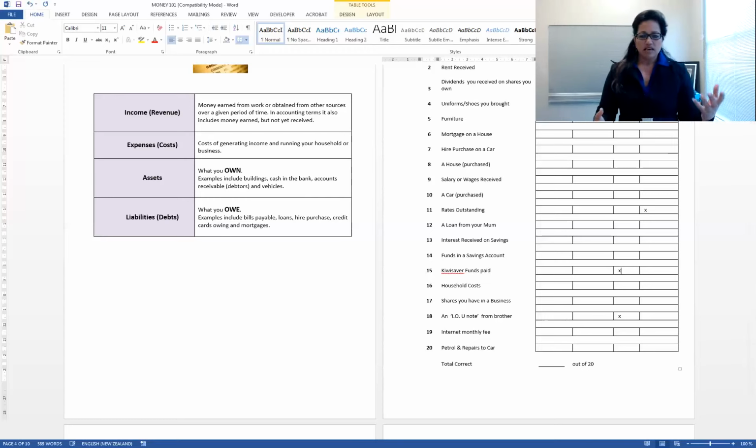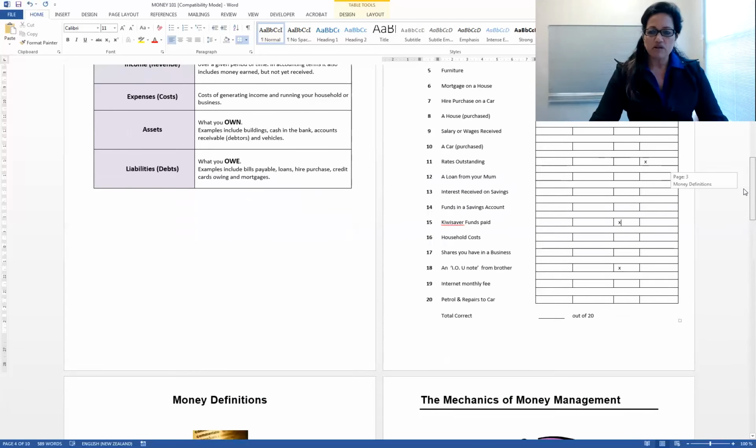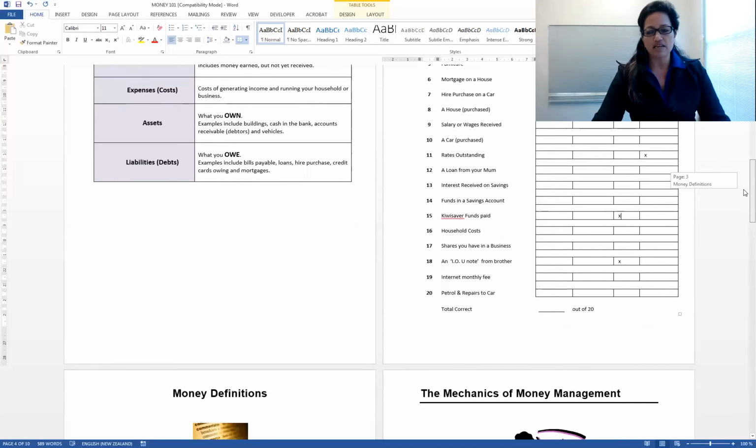So that money, because it's something we own, is an asset. But just a couple of the ones that were a little bit harder for people, or there were mixed views of how that looked, but just to give you an idea of some of the examples. Happy for you to ask us for more specific feedback on your answers. If you've done the quiz, let us know, contact Tangata about that, and we can give you some more feedback. But those are the key ones that I think most of us got a little bit confused on, or there were some grey lines.